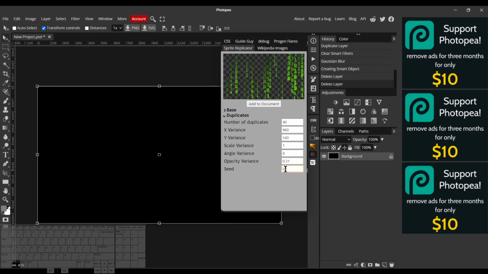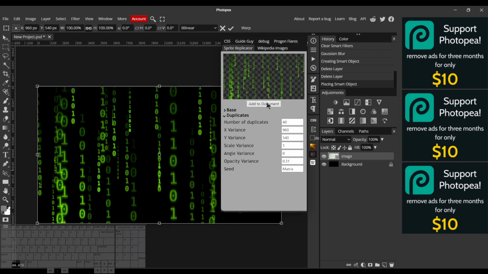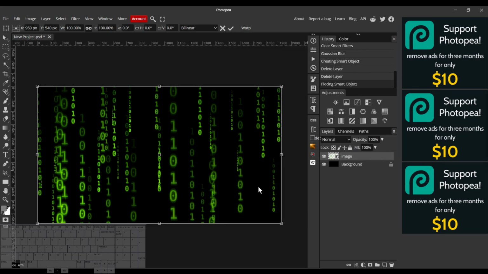Alright, and then maybe I'll change the seed. Doesn't look very good, so I'll change it again. Right, I think that looks like a pretty cool effect. I'll add it to my document. And there we go, like a very nice raining code, just like you see in the Matrix, but in the